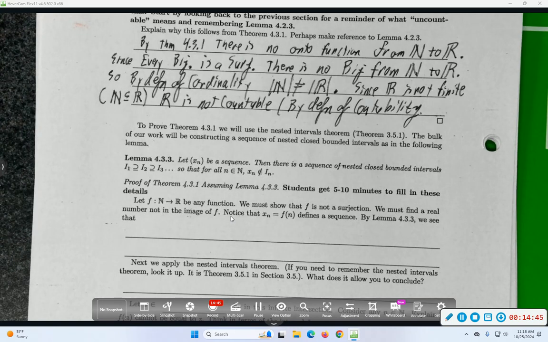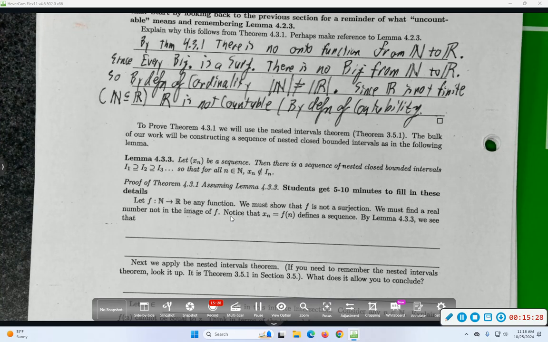There's x1. Here's I1. That doesn't contain x1. Maybe there's x2. Could you find a smaller interval that misses x2? Yeah, right, and making it precise will be some work, but that'll do. There's x3. Could you find an even smaller interval than I2 that does not contain x3? In fact, could you just use I2 again? Cool. There's an intuitive proof, but it's not the proof.